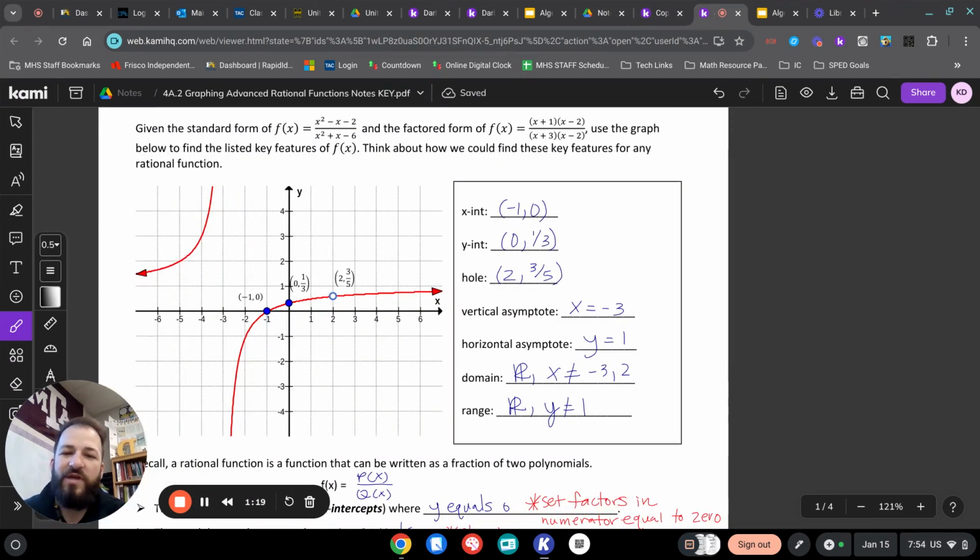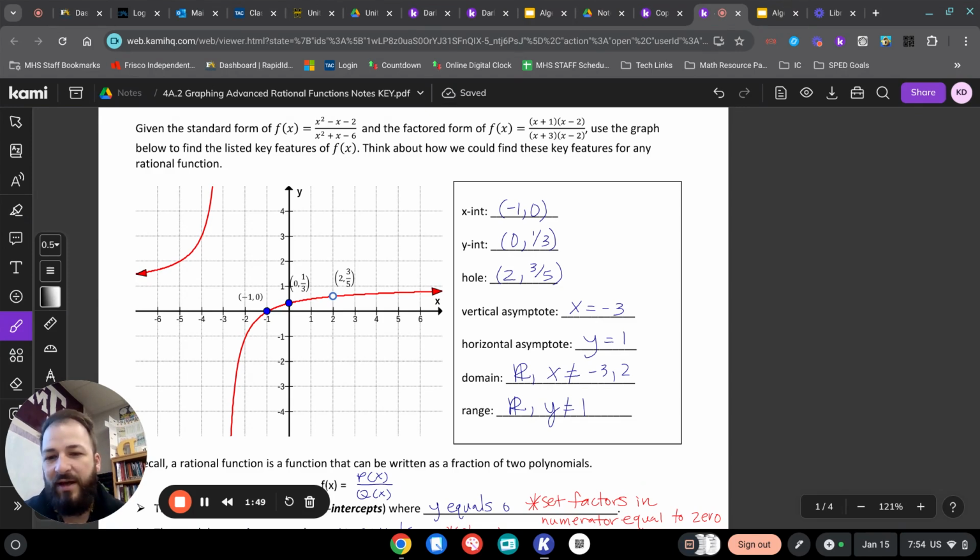All right, y'all. So hopefully you have some of those key features filled in. If you got all of them, fantastic. If you just got some of them, that's okay too. Go ahead and fill in the ones that you don't have yet. Okay. So our x-intercept and our y-intercept are pretty straightforward. We can see them clearly on our graph. Our hole, that's a new key feature to us, but hopefully you picked up on that one point being an open circle as opposed to a closed-in dot,